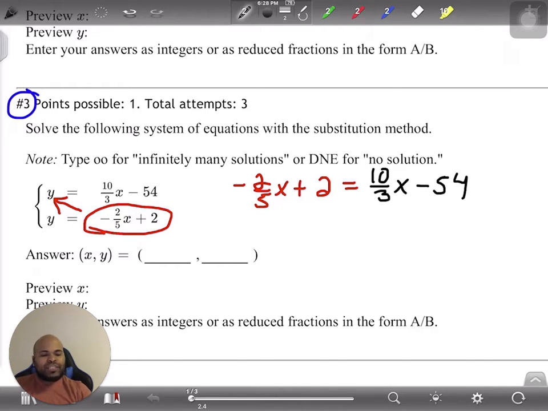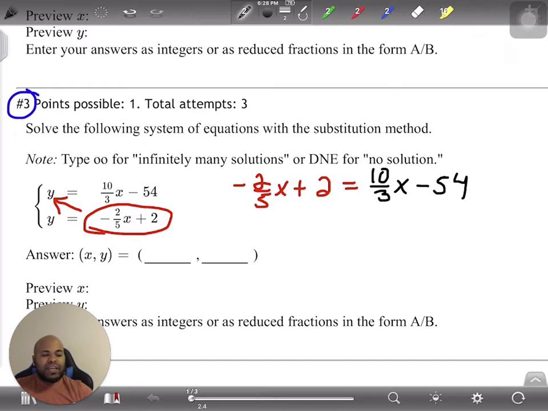Now, when I get to this problem, you can see I have 2 different fractions. You can tackle this 2 different ways. You can find the greatest, I should say the least common multiple, and multiply every single term by the least common multiple, or multiply by